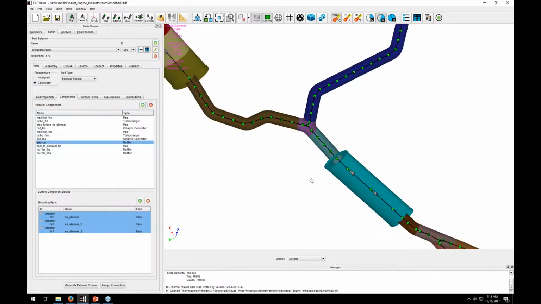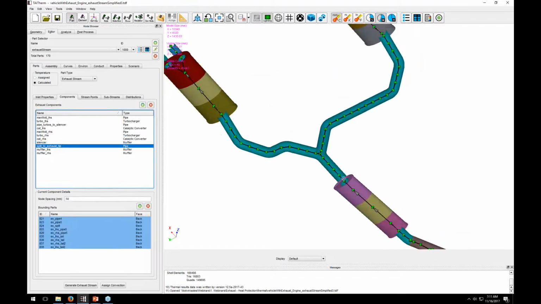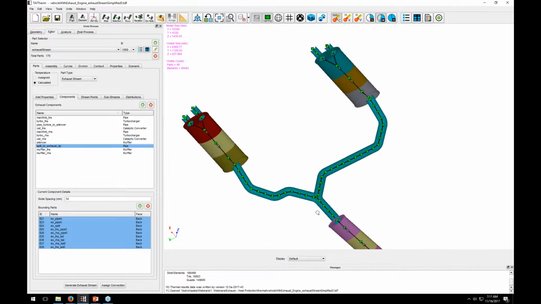The next will be the split to the exhaust tips here, and this is specified. Again, we can break it up to all the portions of the pipe. We didn't have to make these their own individual. If we wanted to maybe have a smaller node spacing, we could have done that, but for this model I just used the same node spacing. So again, you can bypass